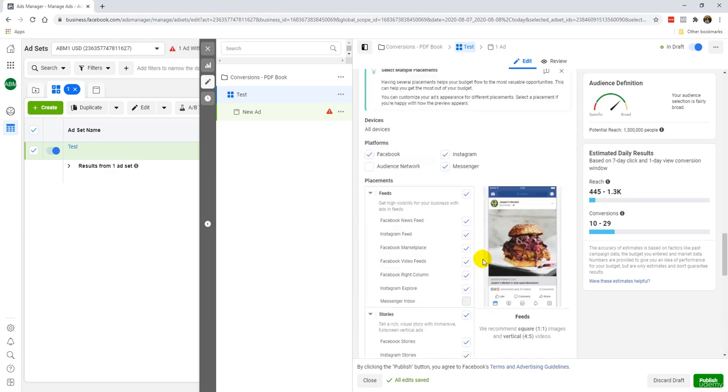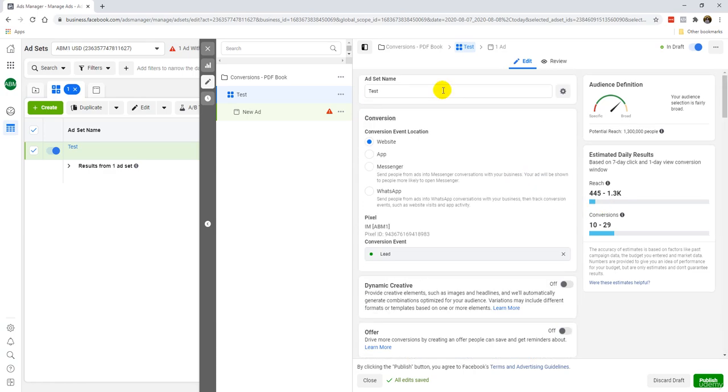Okay, so there's one last thing I'm going to add here that we have not done yet, which is the ad set name. Now we're going to give a formula to this so that every time we take a look at the ad set name, we know that this is the targeting. So this is kind of like the formula that I would recommend you follow. I'm just going to call it